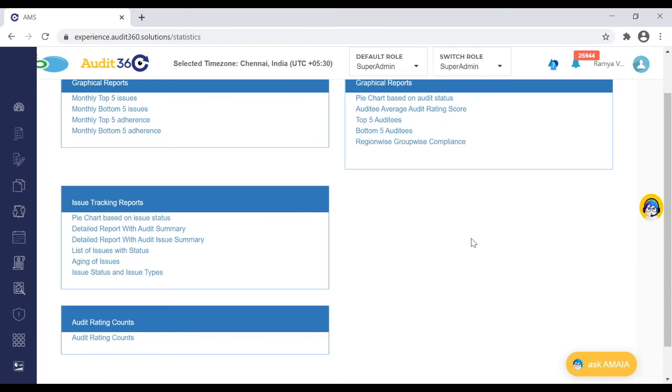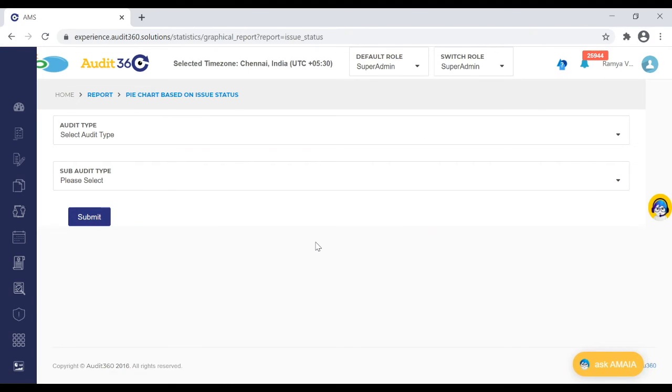So the next set of data is a combination of graphical, some summary, as well as row and column related information. There are multiple reports categorized here, but we would be focusing mainly on the issue tracking reports, which are based on the non-compliance identified. A different set of reports can be viewed in this section. So the first issue tracking report we have is a pie chart based on issue status. Like how we had at the schedule level, a status can be reviewed, we can also review the issues' current status.